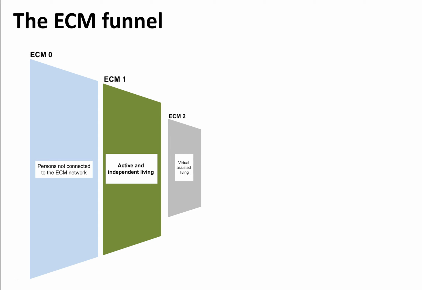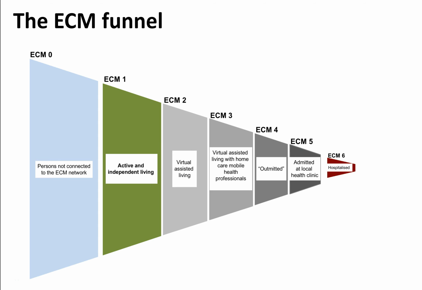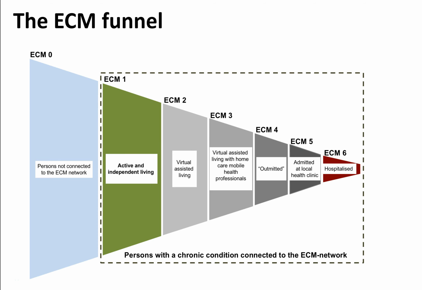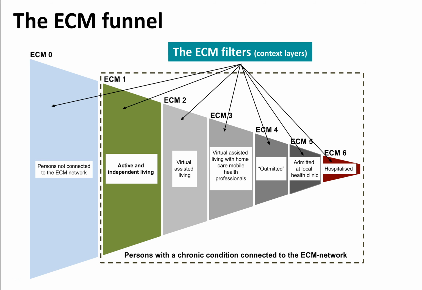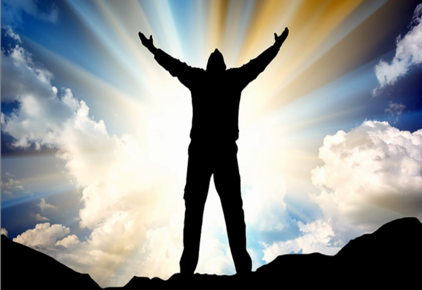In the previous screencast, we saw the ECM model with the 7 related filters. It's also called the ECM funnel. Each filter represents a context, referred to as the ECM filters 0 through 6. The context of the ECM becomes more and more complex as it goes from the first to the 6th ECM filter. The main purpose of the ECM is to have a model for the structure of a health system that